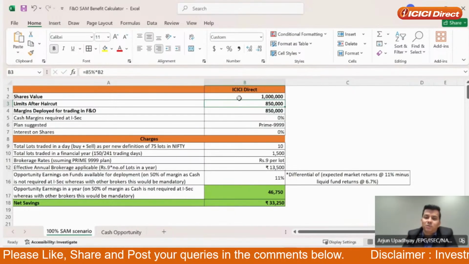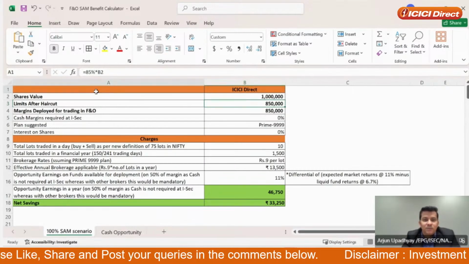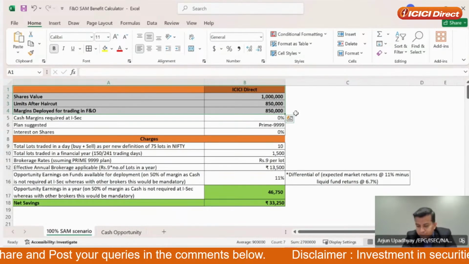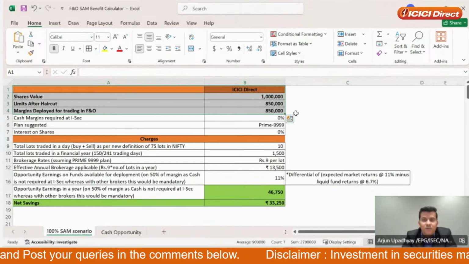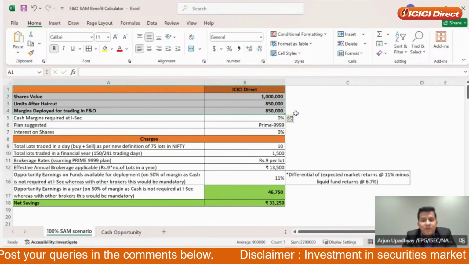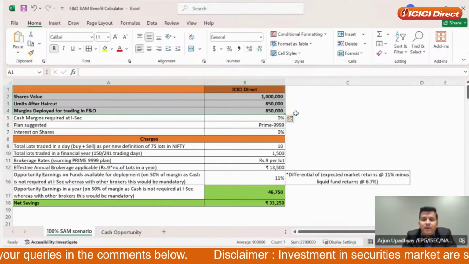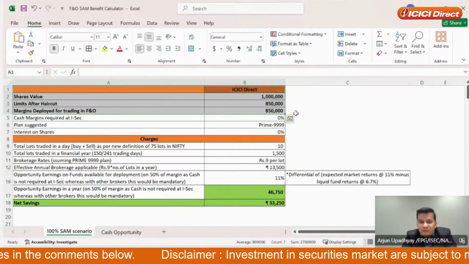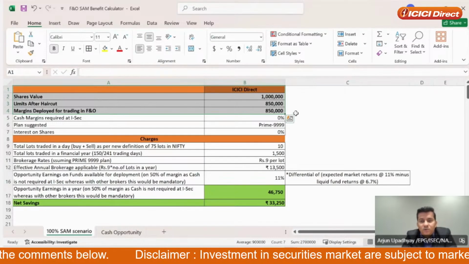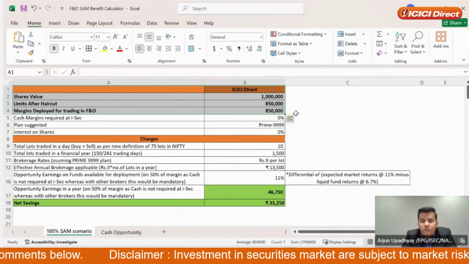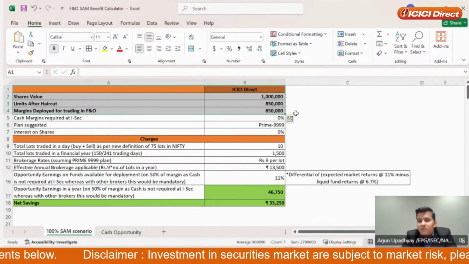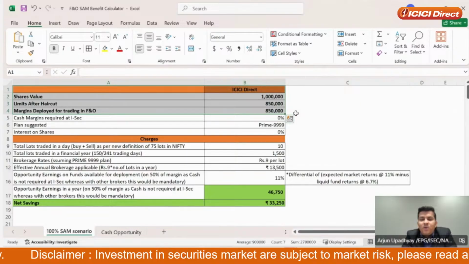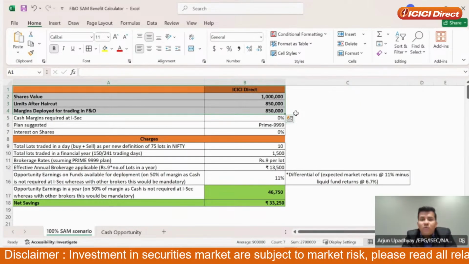Now, what are the costs? So typically, and we'll take a pause over here. Typically in the markets, when you do shares as margin, what is asked is that 50% of that margin you have to bring in as cash, right? Most of the brokers do this. 50% of the margin has to be brought in as cash, and 50% can be continued in shares. If you don't bring in cash, then obviously some of the brokers charge you an interest, right? There are practices of charging you an interest on the cash component that you have not brought in.